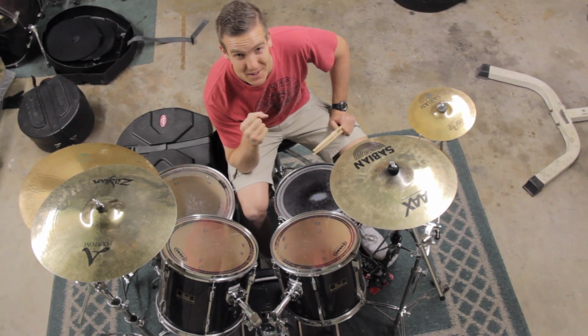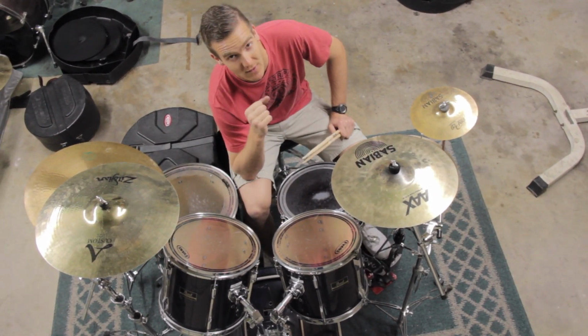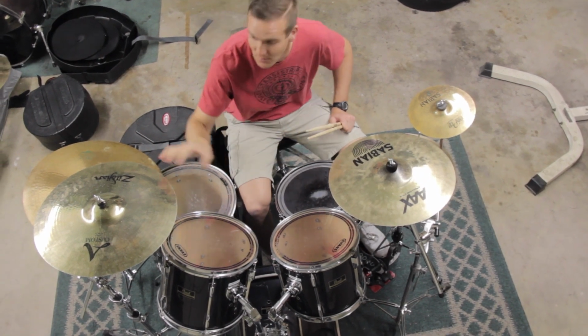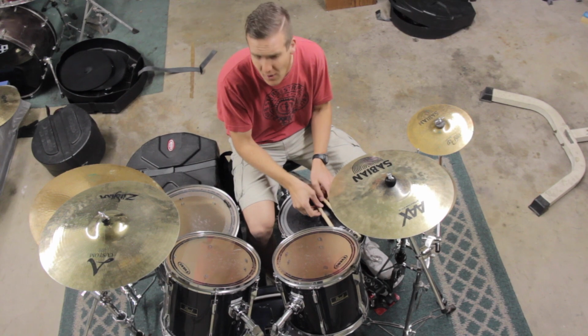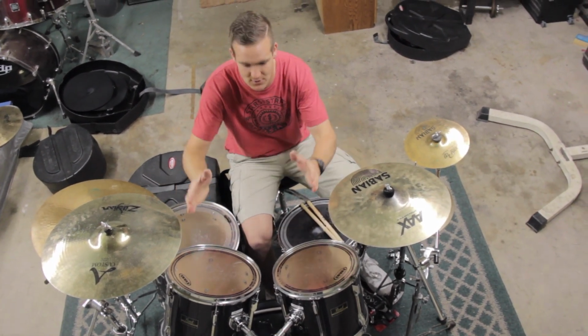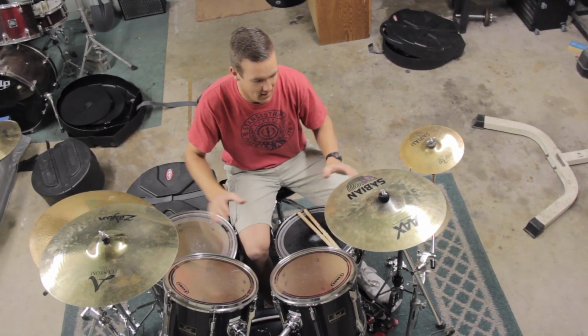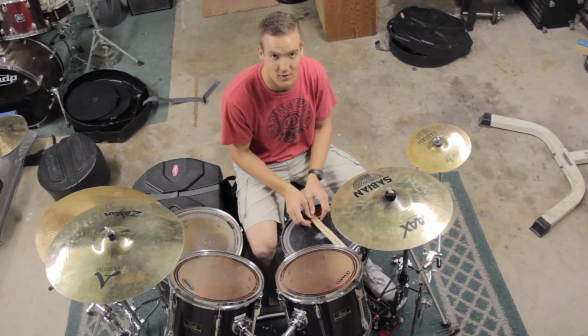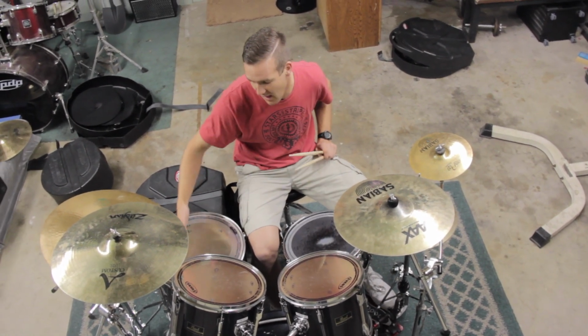So we've got the cymbals set up. The heights are adjusted, the booms are at 45 degrees, and our cymbals are between the two felts. What you'll notice is that it's relatively symmetrical. We have our drums here, and our cymbals are overlapping each of these toms by about the same amount. Our hi-hat is just off to the side of our snare drum, and our ride is covering about a third